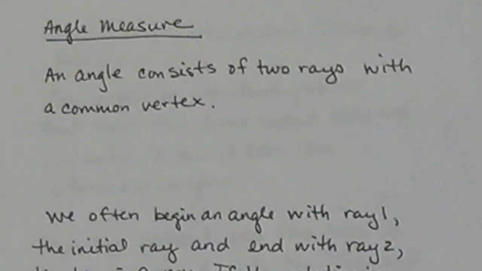In this section, we are going to look at angle measure. To do that, we first need to start by looking at what we mean by an angle. An angle consists of two rays with a common vertex. Here we can see that ray 1 and ray 2 share a vertex, and theta is our angle